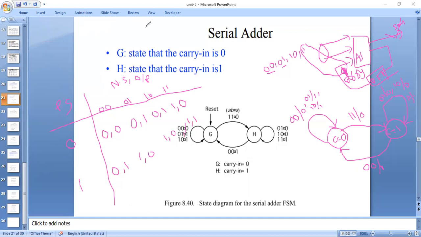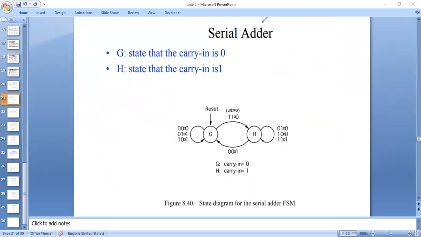So like that you have to draw. So see here how can we draw. So I am drawing directly by looking at this. After that you have to get the expressions, and from that expression you can draw the serial adder by using D flip-flop. So present state, input, next state and output,